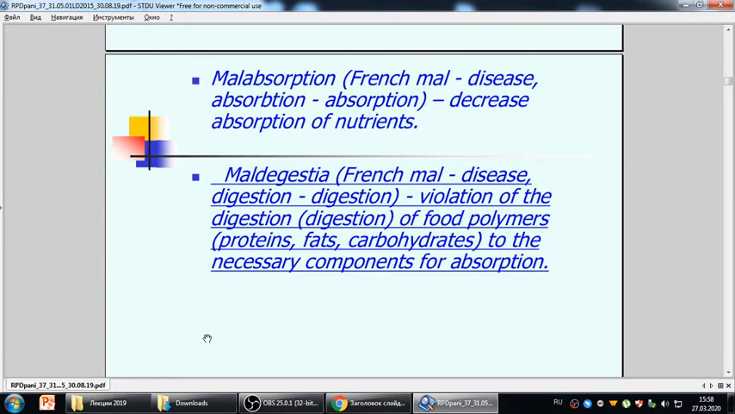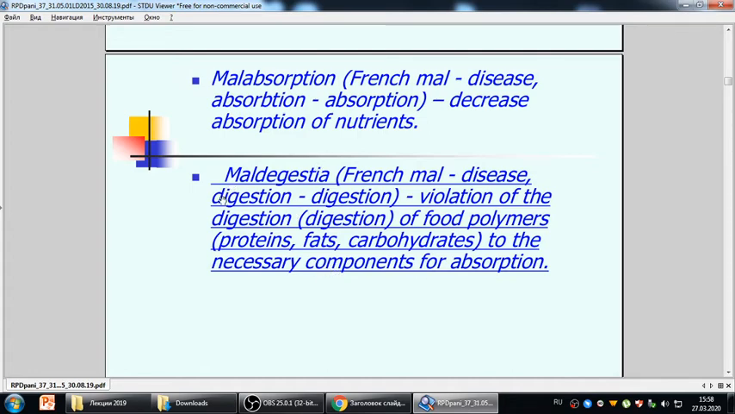As we mentioned before, pancreatic insufficiency syndrome is always accompanied by two syndromes, malabsorption and maldigestion. You already know what malabsorption is: a condition when decreased absorption of nutrients such as carbohydrates, fats and proteins develops, and also